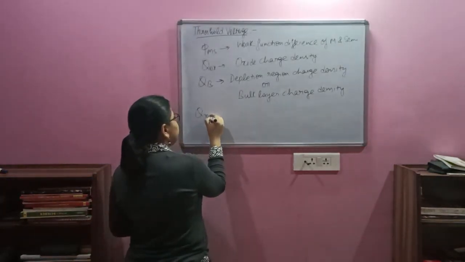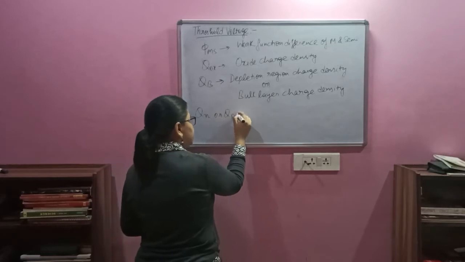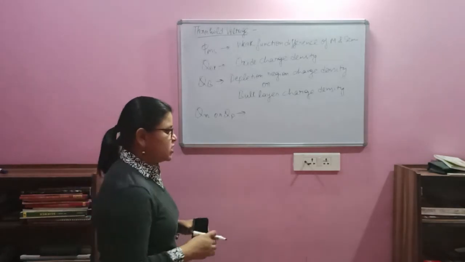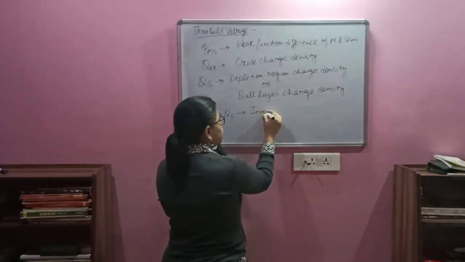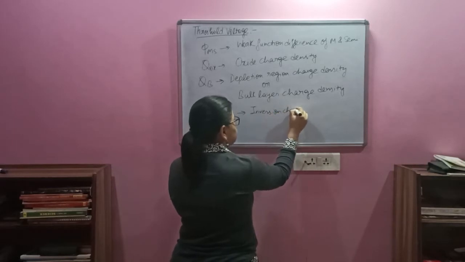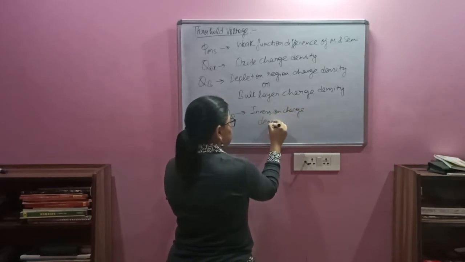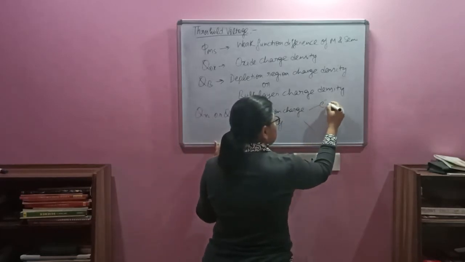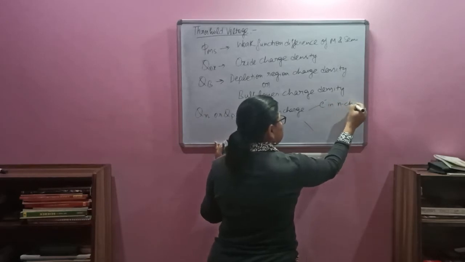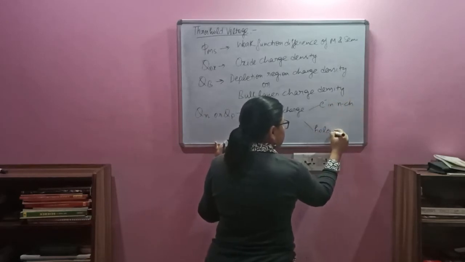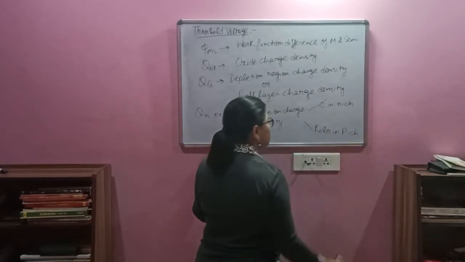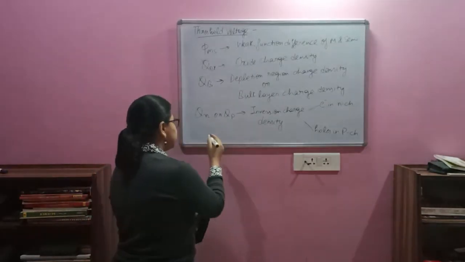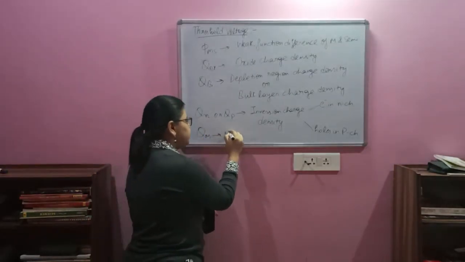Then we have a term QN or QP. QN when we have an N type channel, QP when we have a P type channel, and this is known as the inversion charge density. This is for electrons in the case of an N channel device and holes in the case of a P channel device. So this is basically also known as the channel charge density. So these are some terms, and yes, one more, QM. This is the metal charge density.